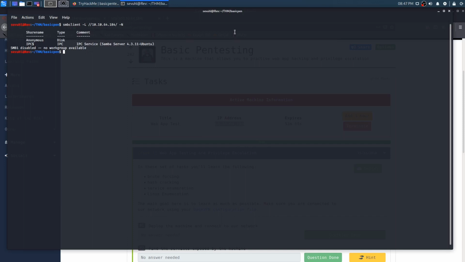And we see a pretty interesting share called Anonymous. So let's go ahead and check that share out real quick. We're going to add that to our list here, and then take out the -L flag because we don't want to list. We want to actually access Anonymous, and we can list that out and find the staff.txt file. So let's go ahead and get that over to our local host,